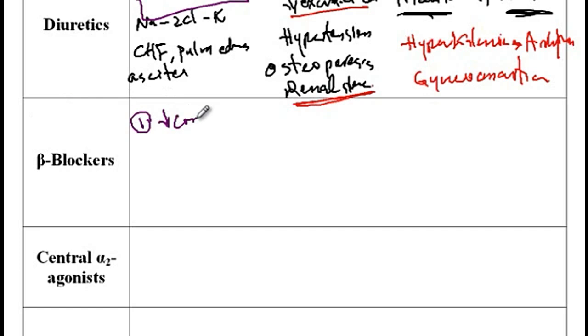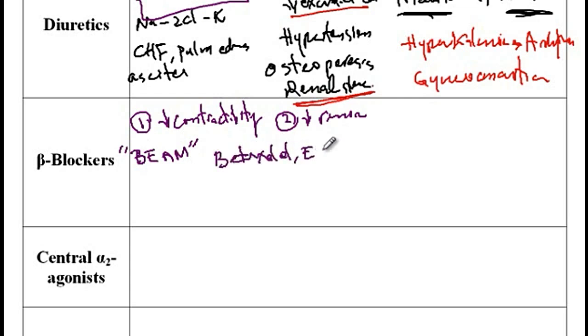Next, we have beta blockers like propranolol or metoprolol, and the function of beta blockers is one, to decrease the cardiac contractility, and two, decrease the secretion of renin. Now there are different groups of beta blockers. The ones that are starting with the letters B, E, A, M, BEAM, are beta-1 selective antagonists. Examples include, for instance,